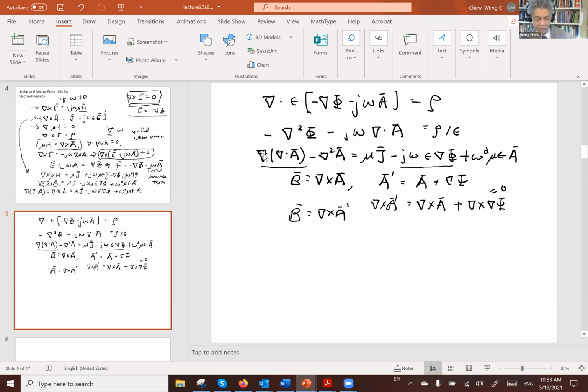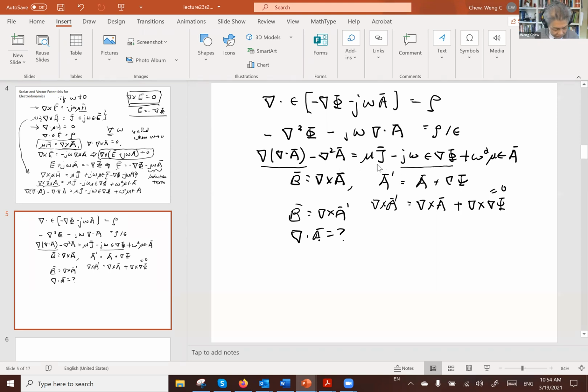So the remedy for this, the way to get out of this problem, is to stipulate the divergence of A as well. So we have the freedom of stipulating what the divergence of A should be. Okay, and we exploit that freedom to simplify the third equation on this slide. If we stipulate the divergence of A to be something that exactly cancels this term, because notice that this term has a gradient, this term also has a gradient, and if I stipulate the divergence of A so that these two terms cancel, then this equation